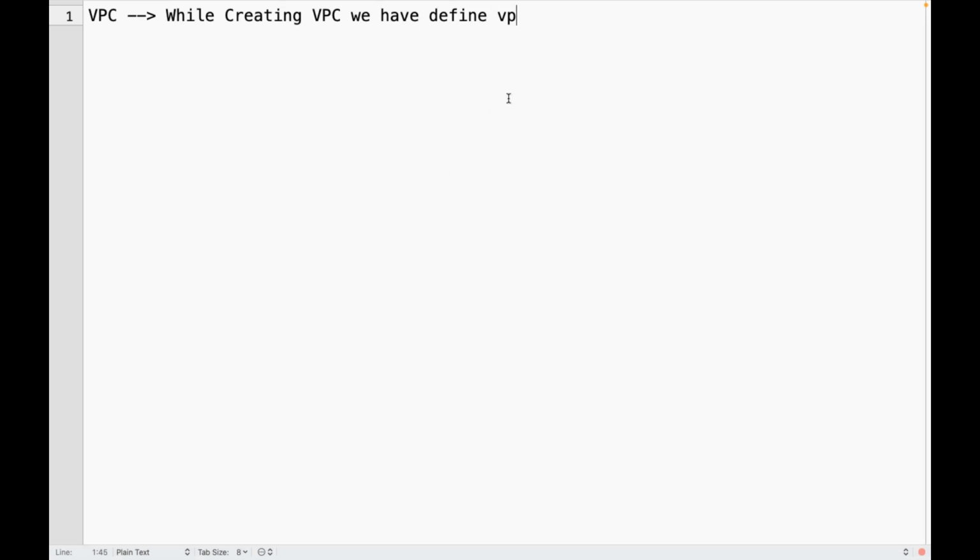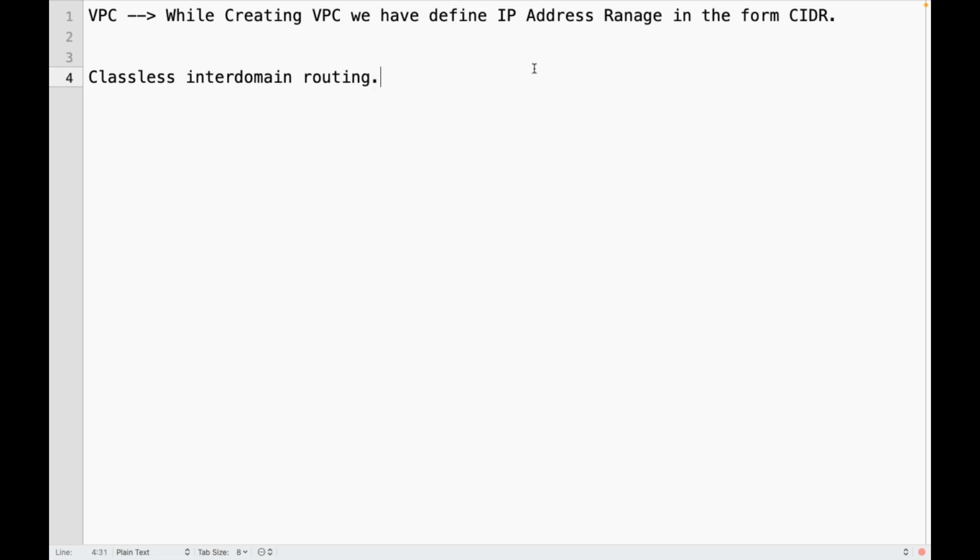Basically, while creating a VPC, we have to define the IP address range in the form of CIDR. CIDR, classless inter-domain routing. It's a method for allocating IP addresses and its routing. So again, if you observe